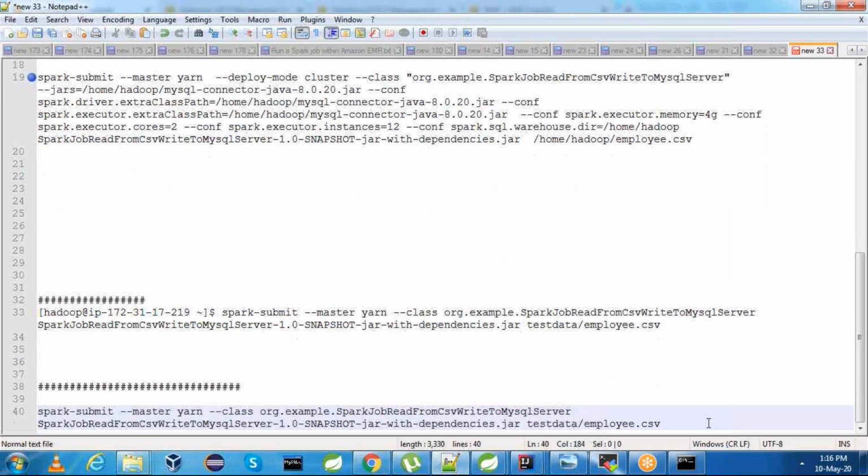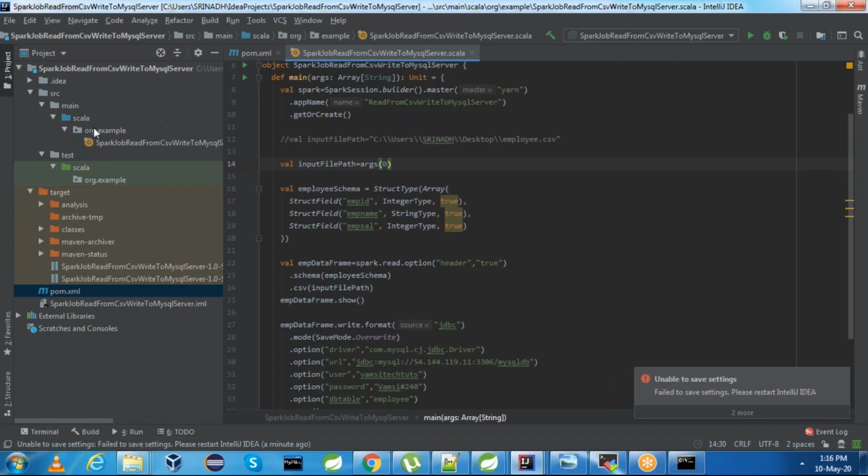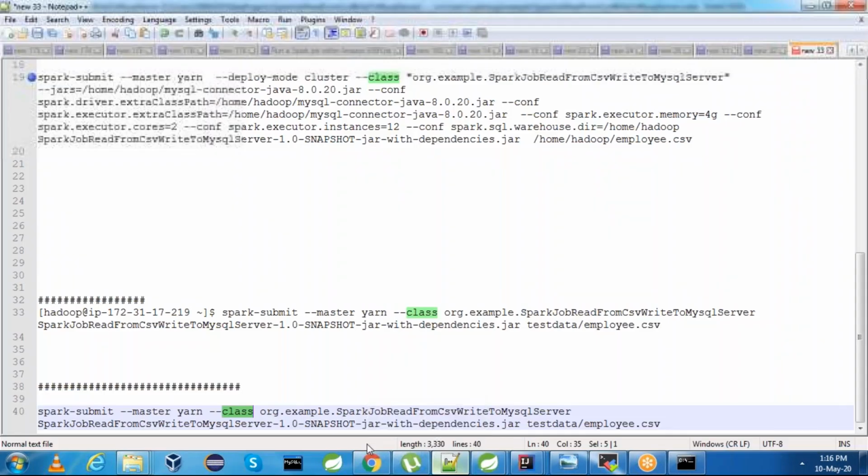We need to mention spark-submit --master yarn --class. Our package name is org.example and the class name is this. That is the reason we have mentioned org.example.SparkJobReadFromCSVWriteToMySQLServer.